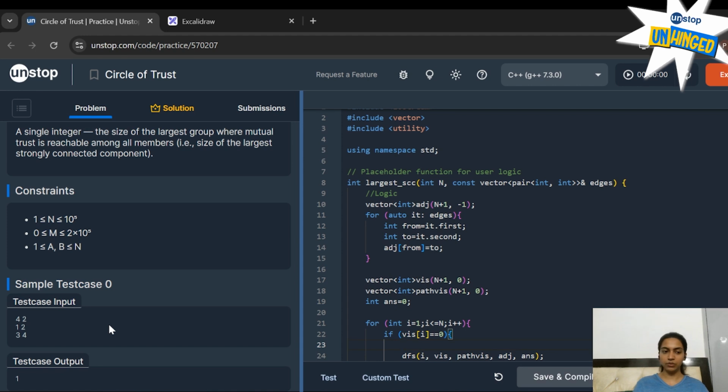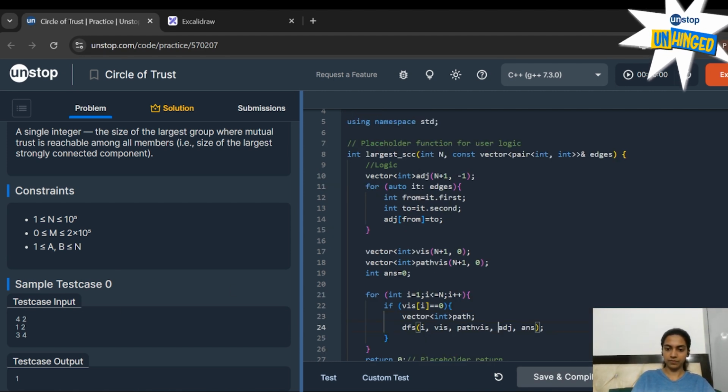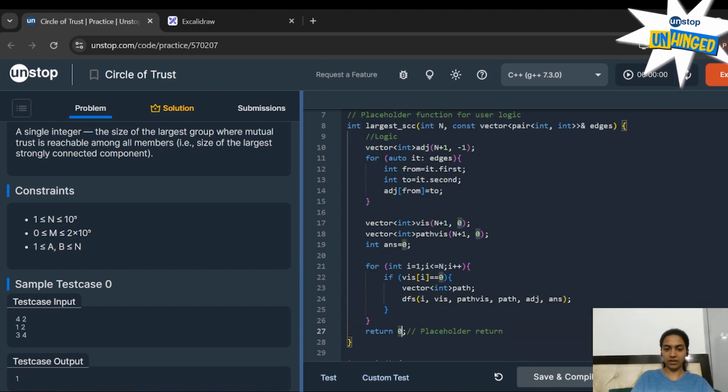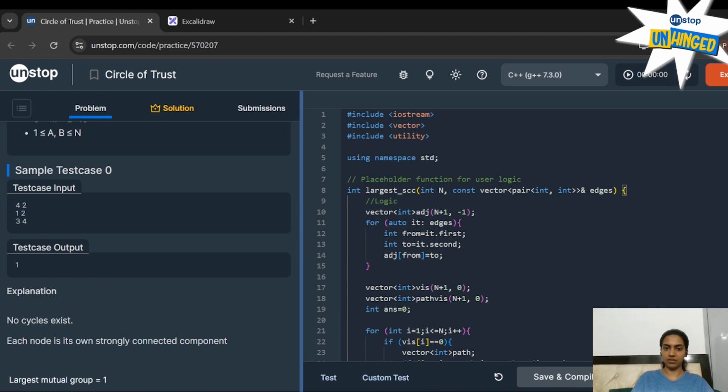Because at the end, we need to count the number of strongly connected components. So we need a data structure to store it. So we'll store it in a vector. And at the end, we have to return answer comma 1. Now you know why 1 is the answer. This is an example when 1 becomes the answer.